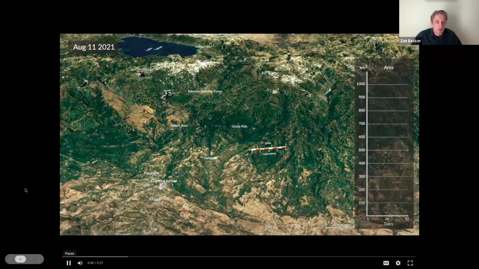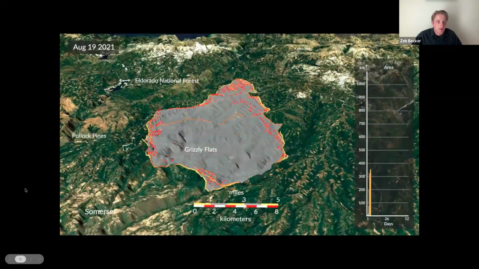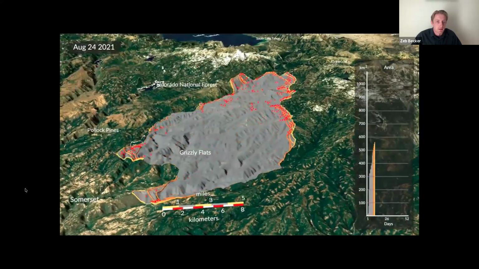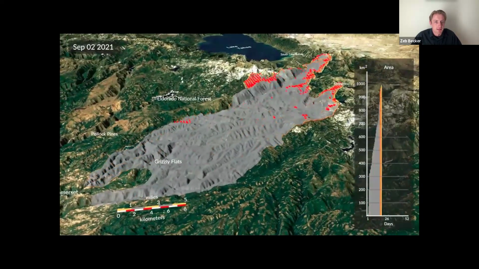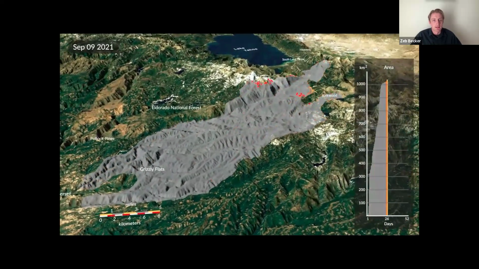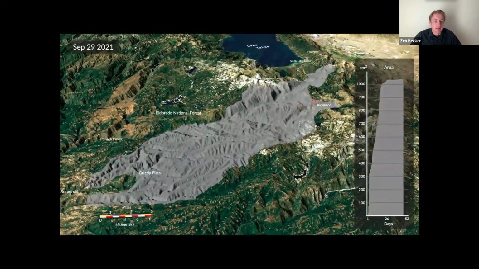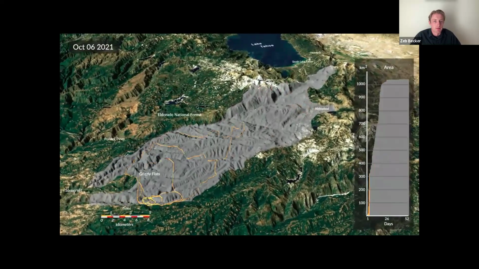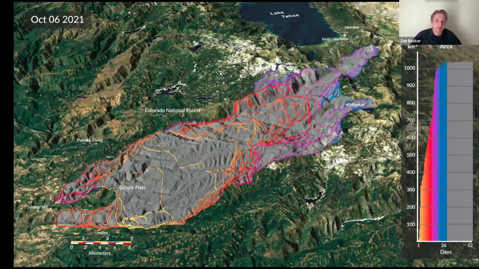So I want to give a visual of what the FEDS data is. We can see here the Caldor fire in California in 2021. And what you can see in the jittery frame-skipping video here, at least on my end, is that we're using active fire detections to track the progression of this fire through time. So if you hit the next slide and the next one, that was the backup in case the video really didn't work.